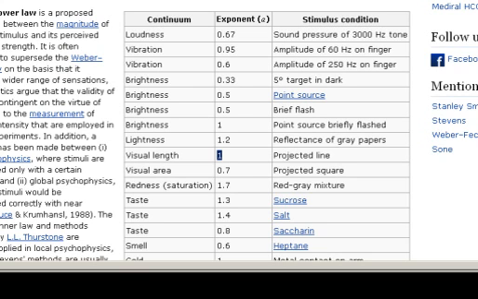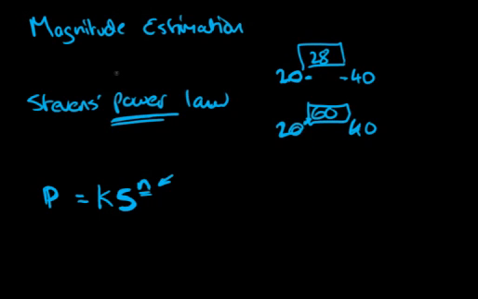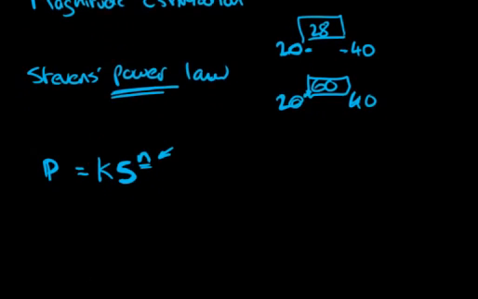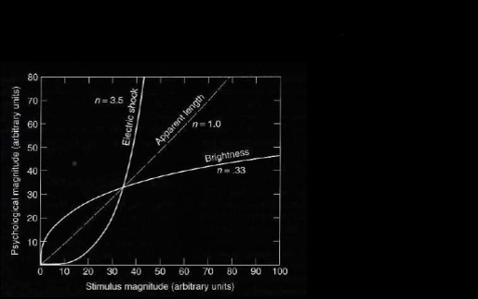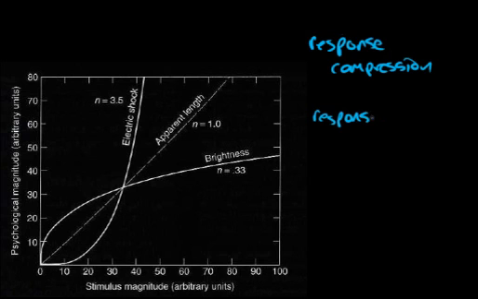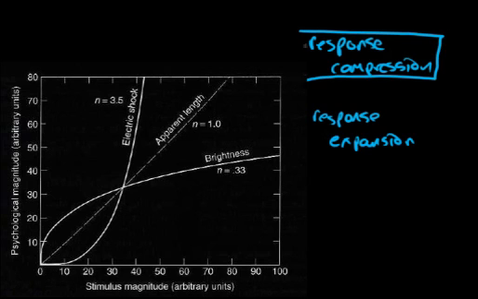So I found a graph which I think was derived from Stevens's work here, which shows 2 things that we'll look at. One is response compression. These are things that drop out of power laws: response compression, and the other is response expansion. We talked about electric shocks and light a moment ago, and with light what we have is response compression,